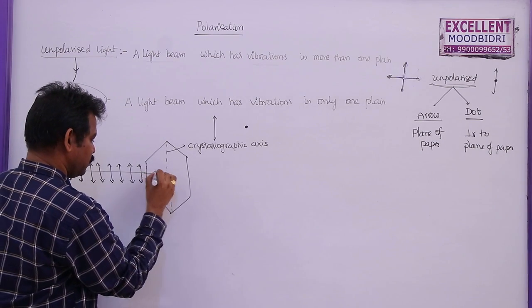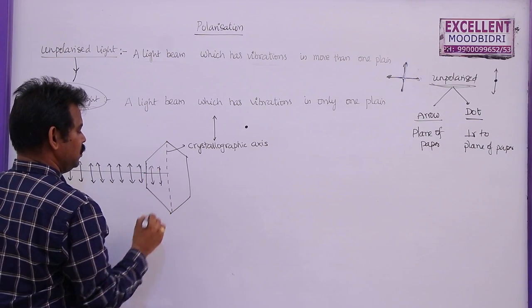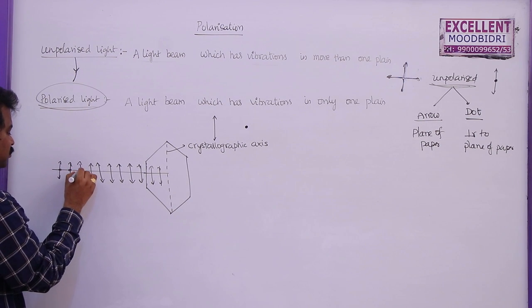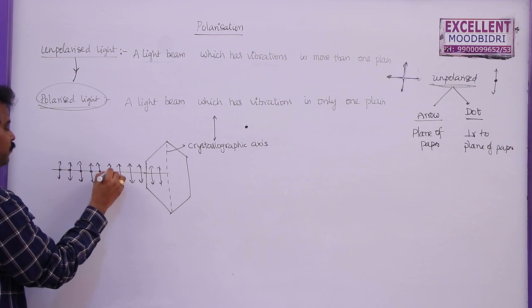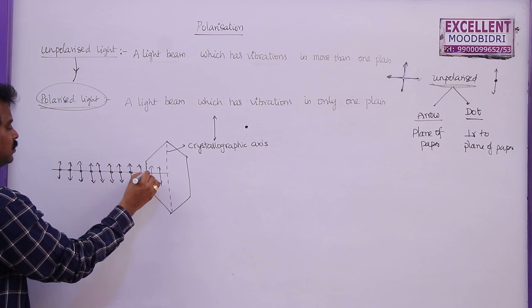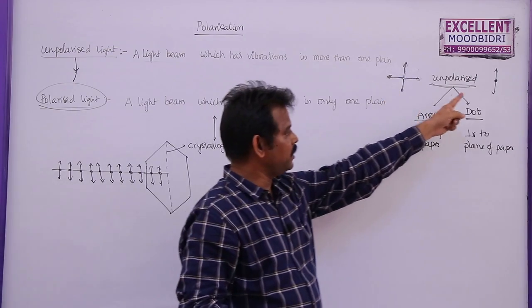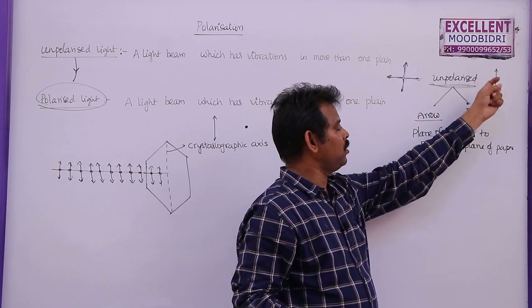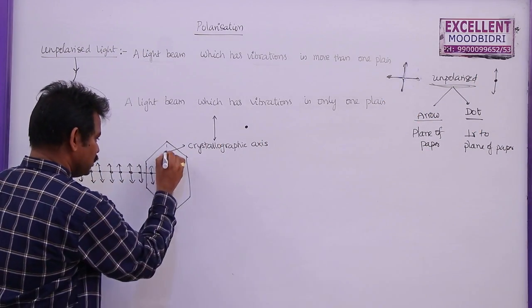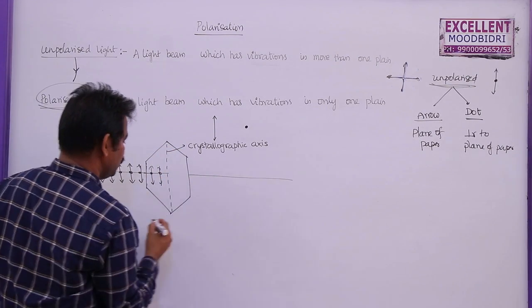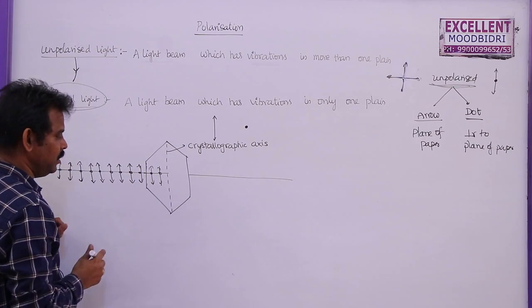So when this light passes through this, the vibrations are in two different directions, because all the electric field vectors are resolved along x and y axis, and finally we can represent this light with only arrow and dot components. Now the crystallographic axis will allow only those vibrations, this is the direction of light, only